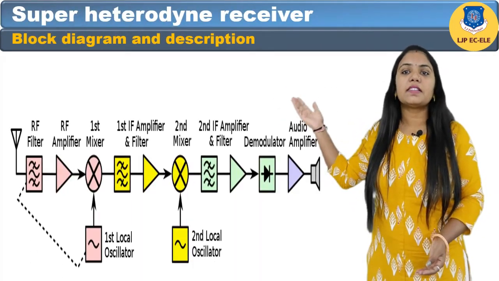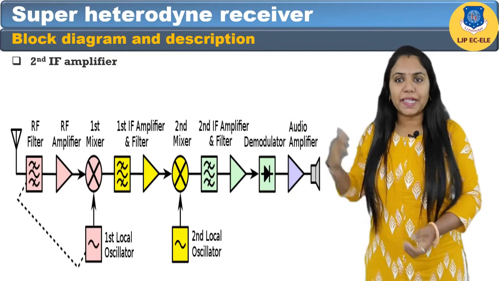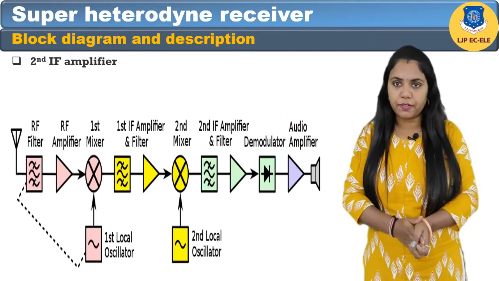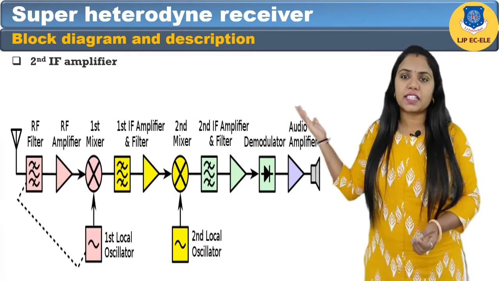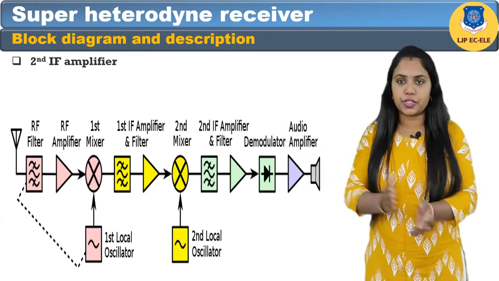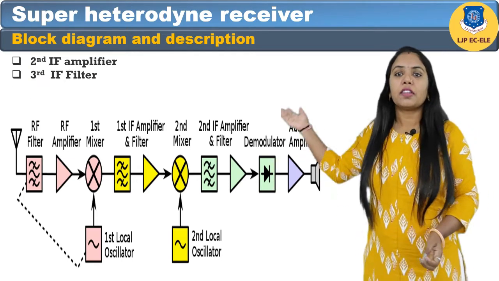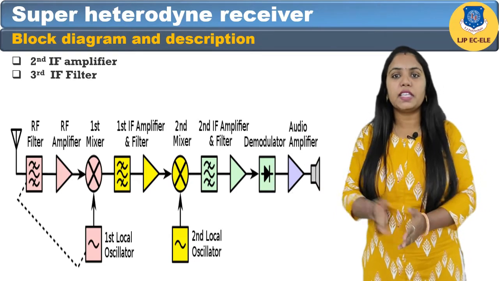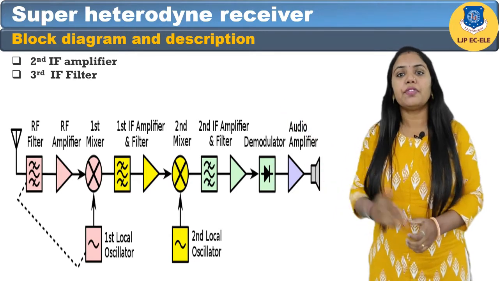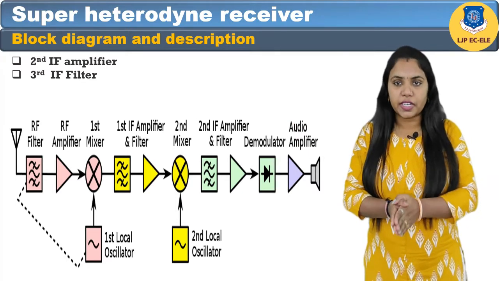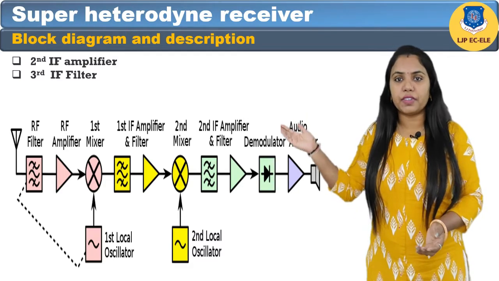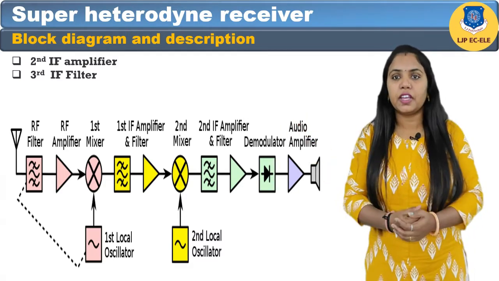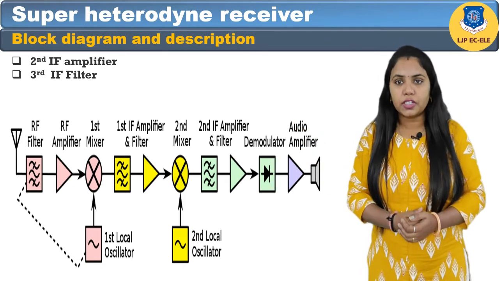The next is second IF amplifier. The seventh block is the second IF amplifier block. It is practically the same as the first IF amplifier, except it is not controlled by AGC, as having too many AGC controlled stages increases the distortions. The next is third IF filter. The eighth block is the third IF filter. Just like the first and second one, it is a resonant circuit placed in the collector of the transistor. It only lets signals of the IF frequency pass, improving the selectivity. It feeds the IF signal to the detector block.